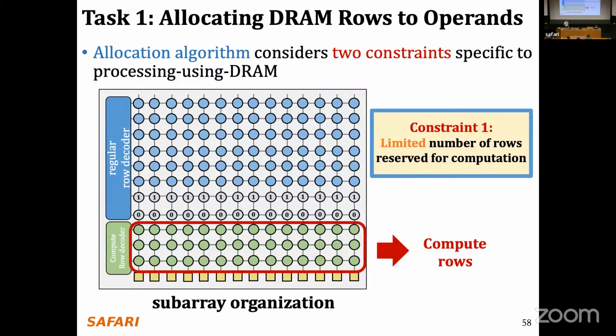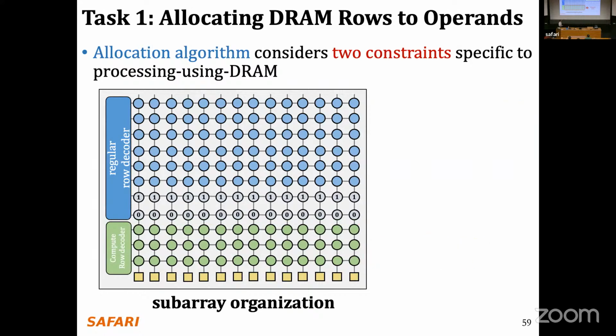This is the only function of this row decoder, so that we don't have to issue 3 consecutive back-to-back activations to DRAM. It just reduces the latency of the computation a little bit. Again, just as a highlight, this is not fundamental for the computation to work. It's just an optimization. But if you employ this optimization, this means that only a few rows inside the DRAM subarray are connected to this special row decoder, so we have to take this into consideration when mapping the